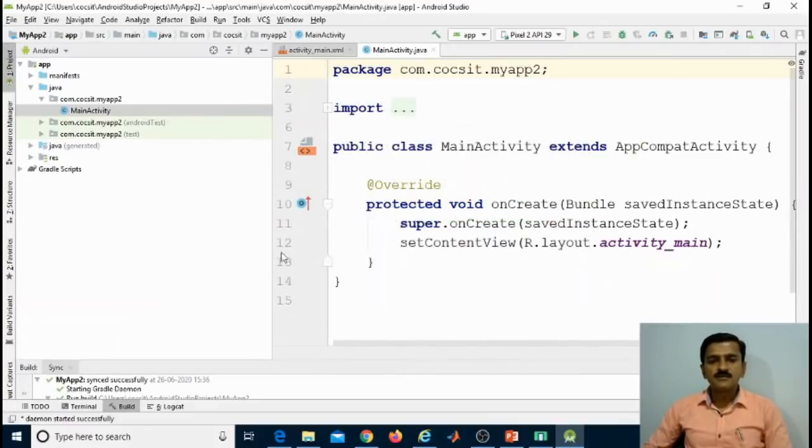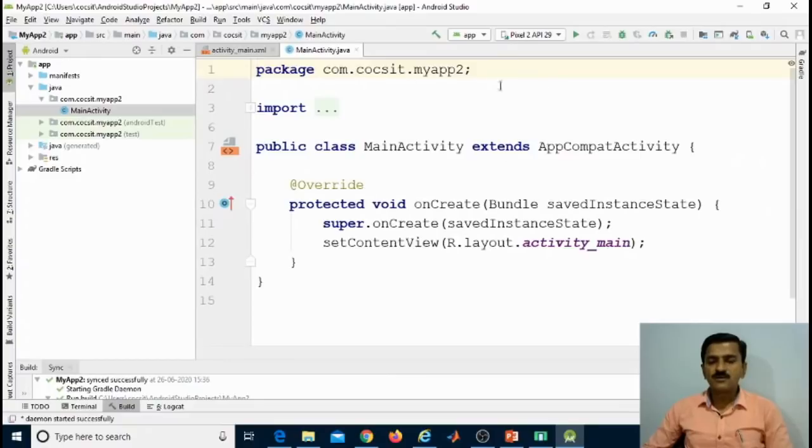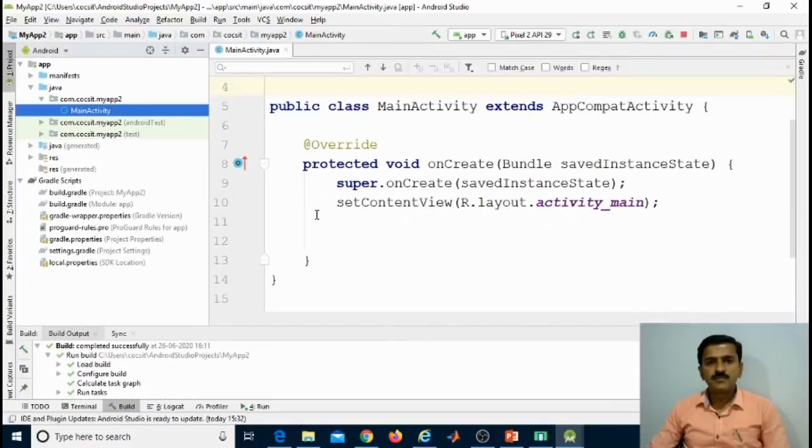After that, this is the default IDE of Android Studio. Once the project is loaded, this window appears in front of you. This window consists of several windows: the project window, code explorer, code editor window, then the build window, etc. Then we'll see the different options which are there in the project window.